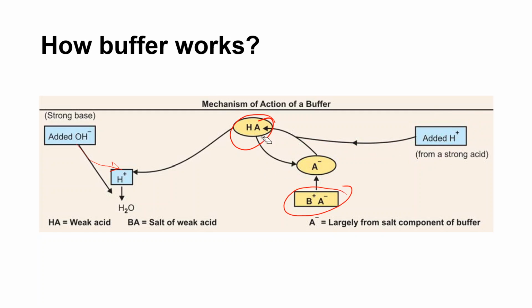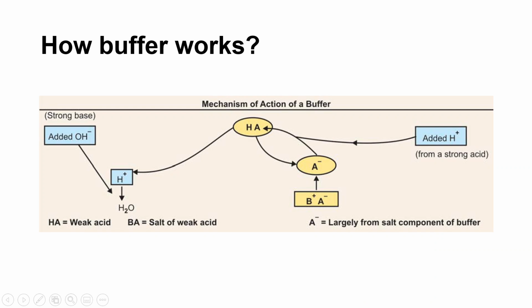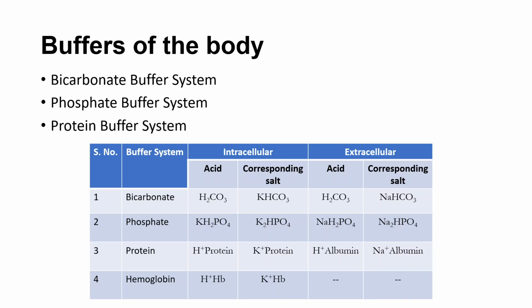As we had discussed already, or enumerated so far, there are many different buffer systems in the body. These are the major buffer systems in our body. One is the bicarbonate buffer system, phosphate buffer system, and protein buffer system. As we see,